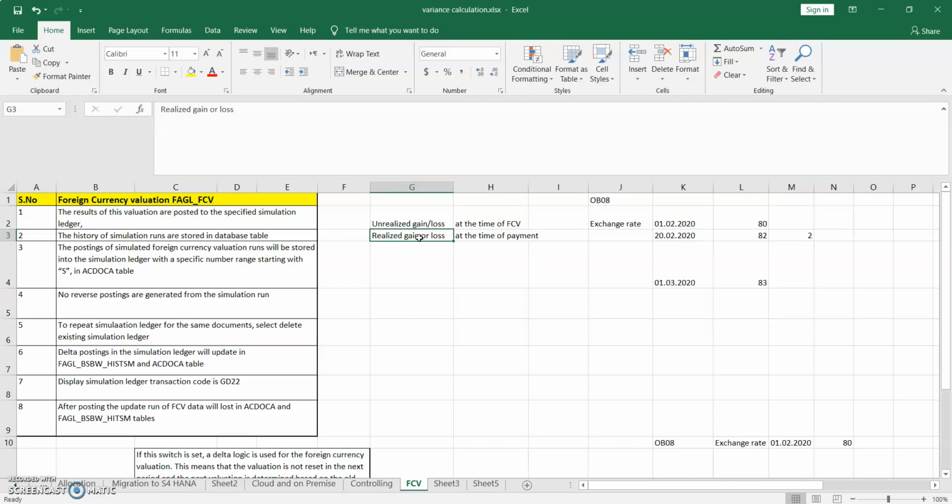Now we will see the configuration of the simulation ledger and how it functions in foreign currency valuation when we perform the transaction code. And in S4 HANA, we have a new transaction code for the foreign currency valuation, that is FAGL_FCV. This is the new transaction code which has been introduced in the S4 HANA system.